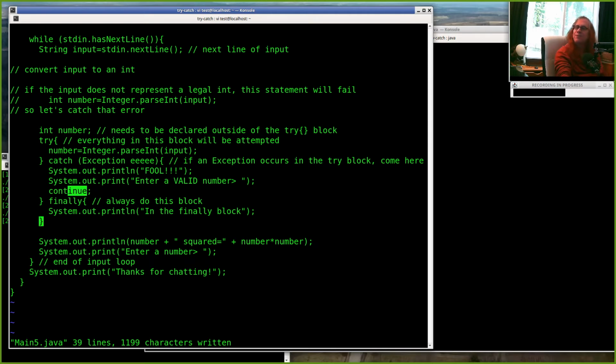Alright, so that's kind of a full rundown on try-catch blocks. Like I say, the amount of this you need for PA 1B is really small. It's just a single try statement and then a catch statement that says something like illegal integer and continue. The other thing I'm going to say is